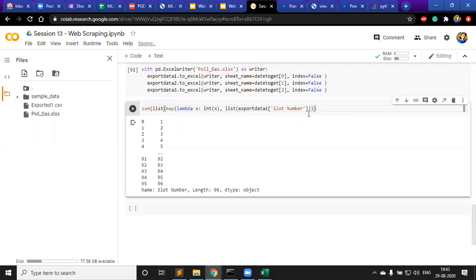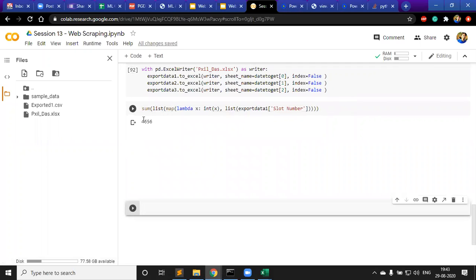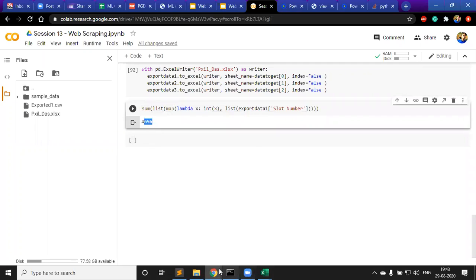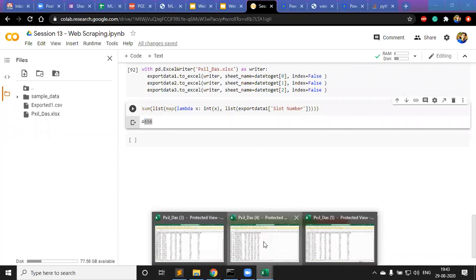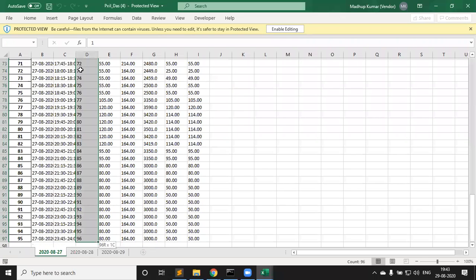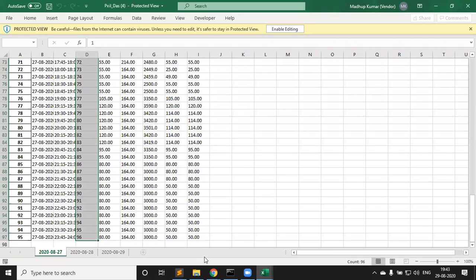So I'll just save this and save this. Here we are at the correct one. So all of it is good. So I can see my sum now for 5, 6, 4, 6, 5, 6. If I just quickly wanted to glance over it, I can see that my count is 96, but